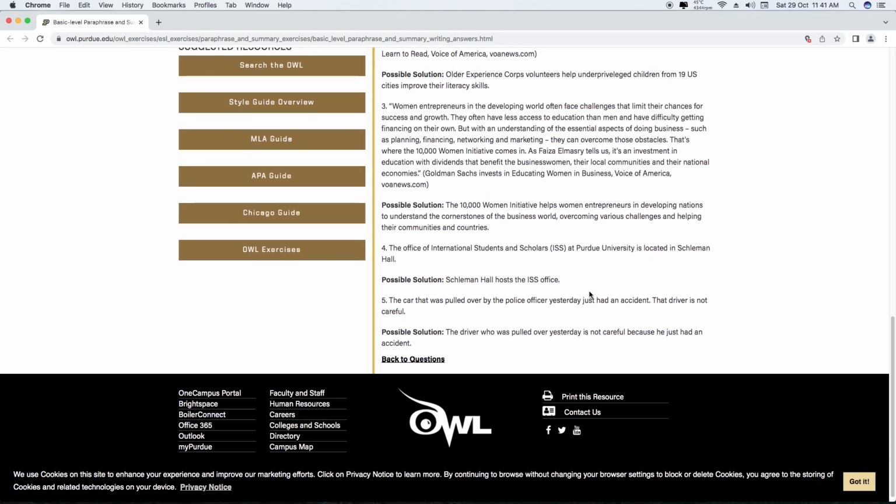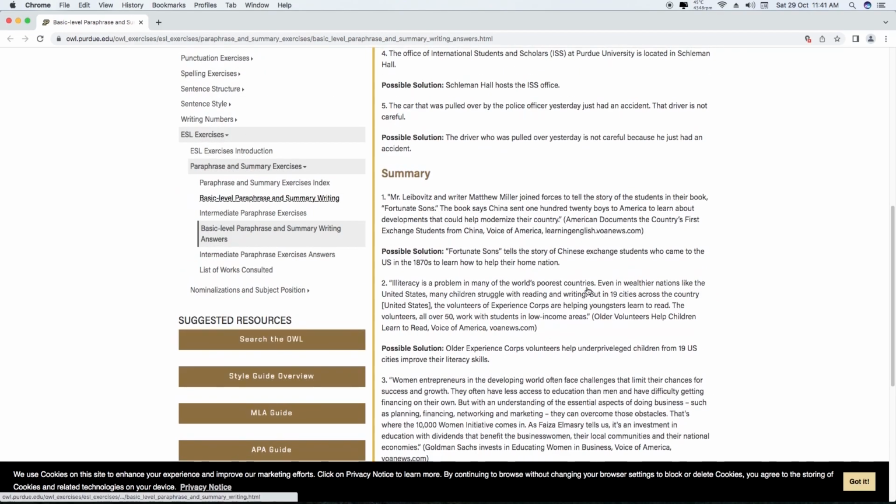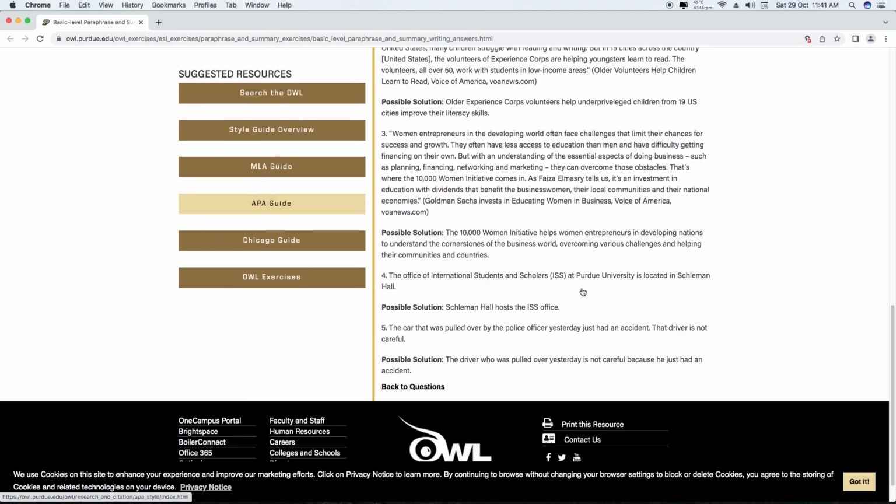Have you read the text and the summaries? Here is an analysis. Let me explain the analysis to you. The main idea in the news item that you read is that the volunteers are helping children from underprivileged backgrounds to read and write. Therefore, the other details about illiteracy in poor countries and in rich countries like the US